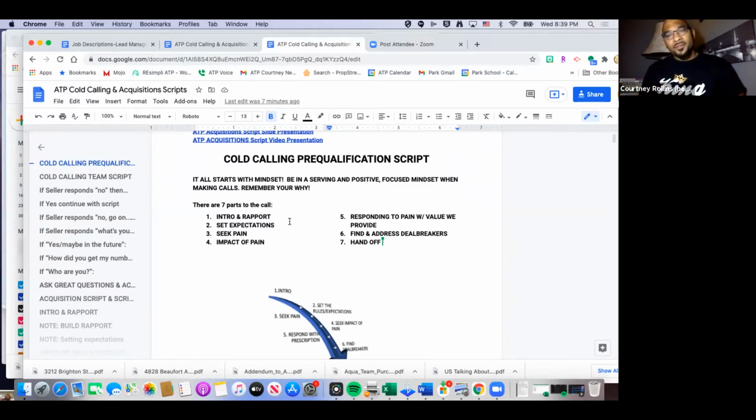How is that affecting you? How does that feel? We really want to help our sellers recognize the impact of this frustration or this pain that they're having so that we can respond with a prescription, respond with the value that we're going to add. That's number 5. And one thing that a lot of folks don't do in sales is making sure, number 6,